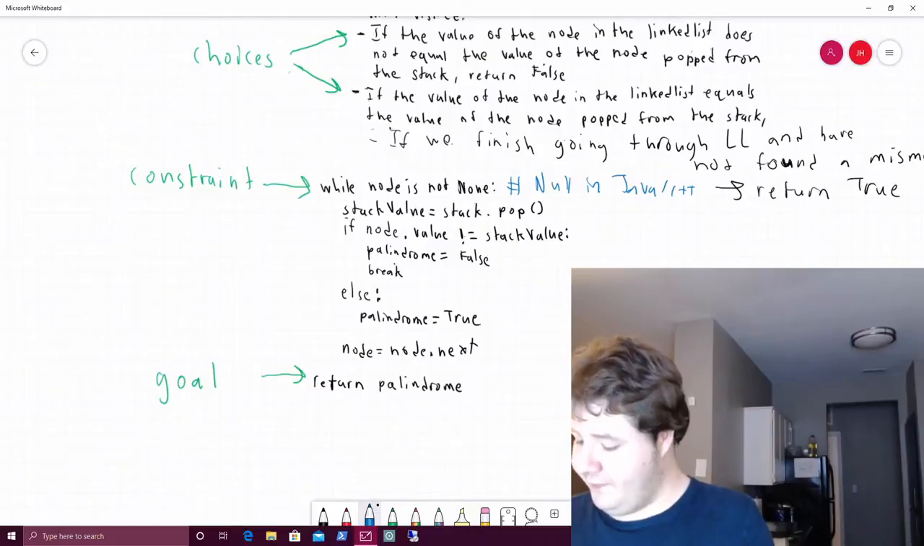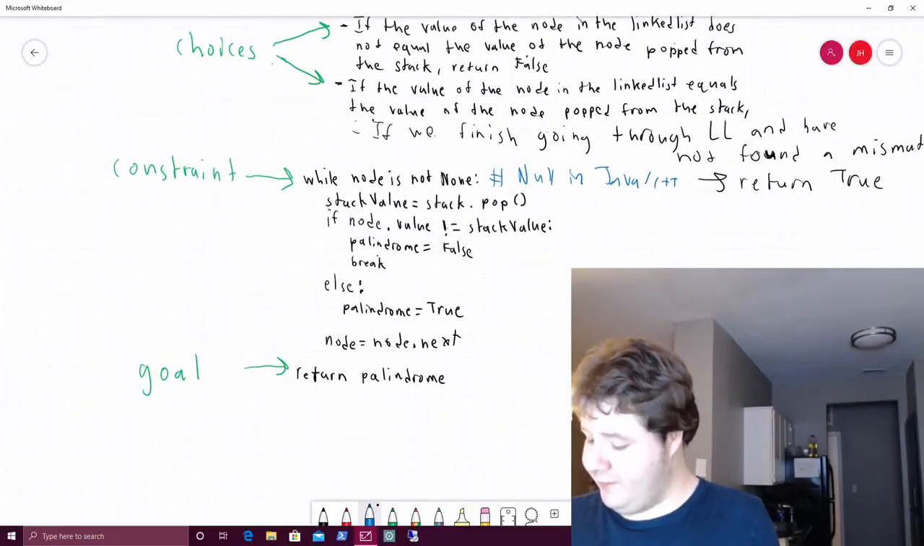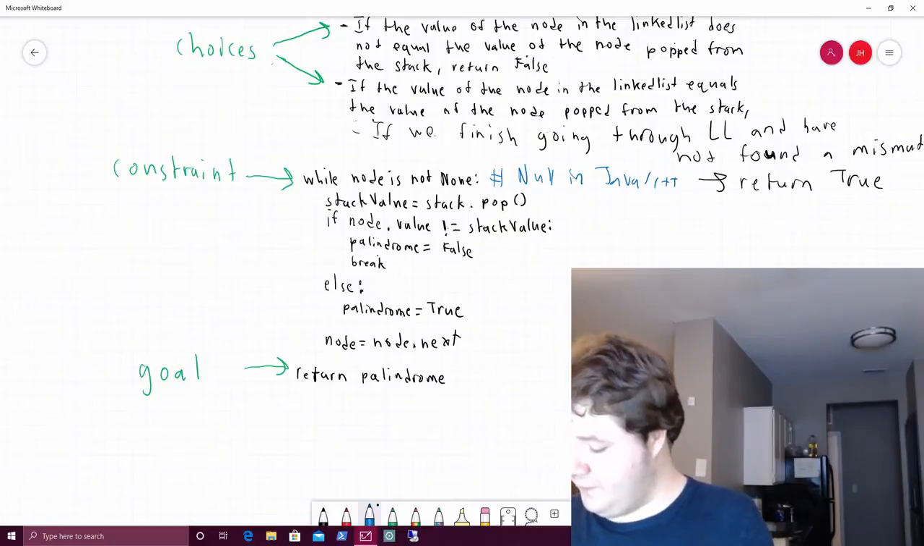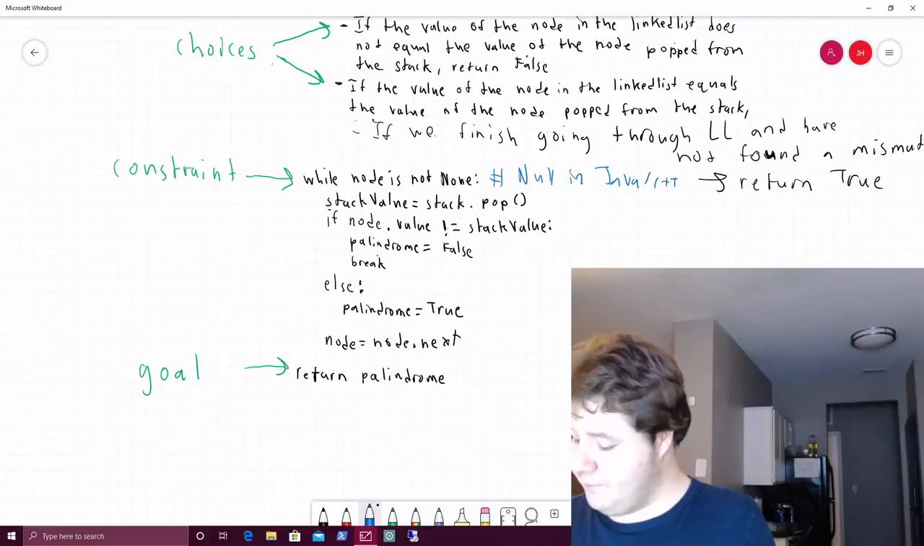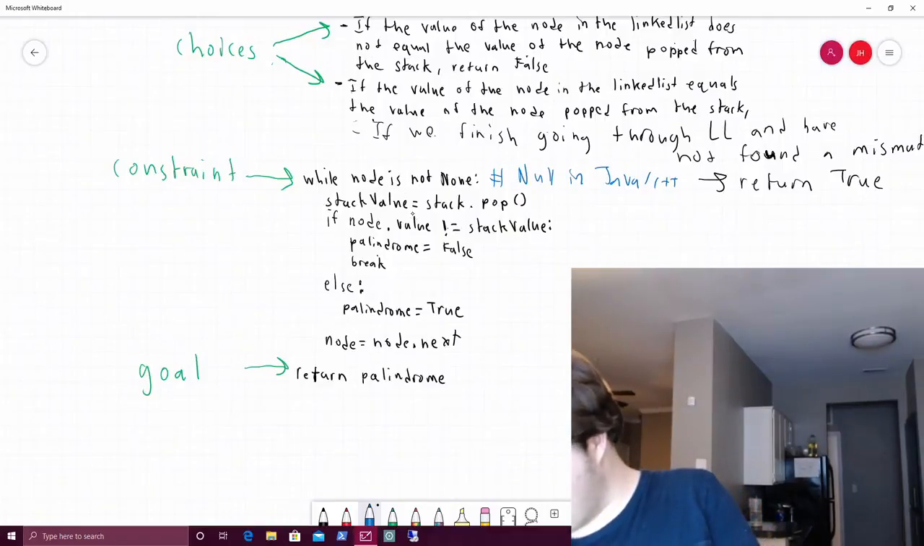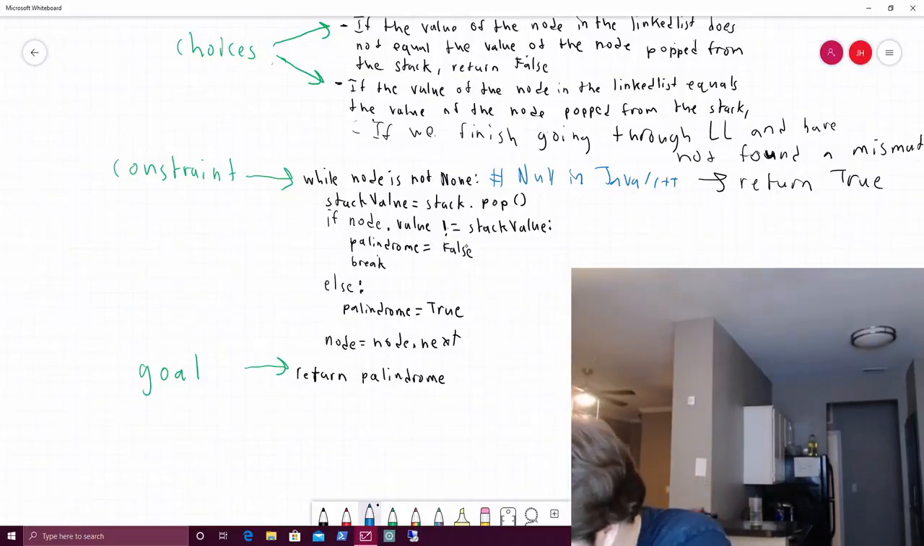So, this is the second part, like I said. We're iterating through the linked list a second time. So the stack value, like I said, will be popped from the stack. And if the node value does not equal the stack value, we have a mismatch, and we can return false. Palindrome will be false, and we can break from the loop. Second case, like I said,